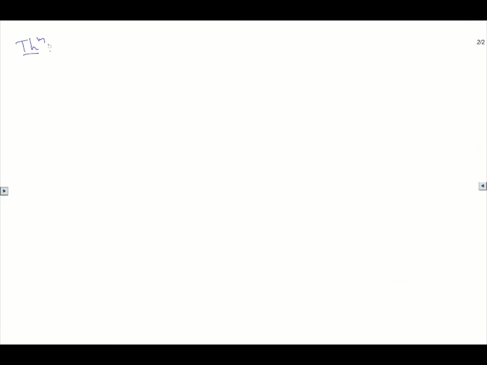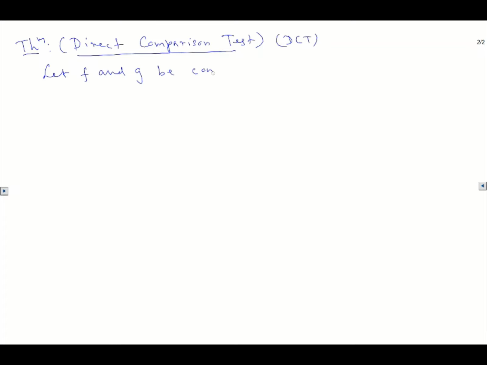The first one, let's write the theorem. The theorem is the direct comparison test, or in short DCT. So what the direct comparison test says, let's write it: let f and g be continuous functions on a to infinity, and